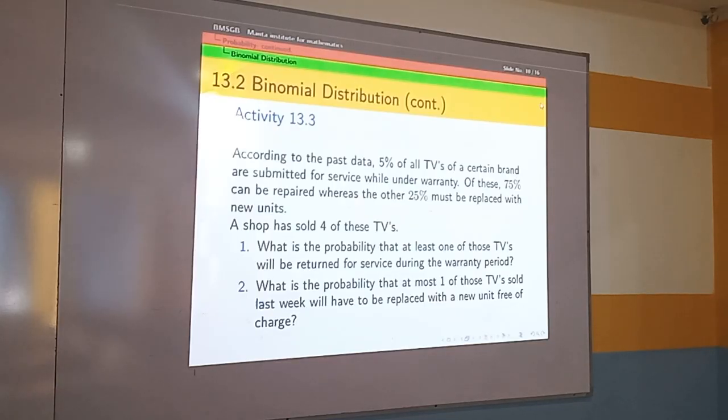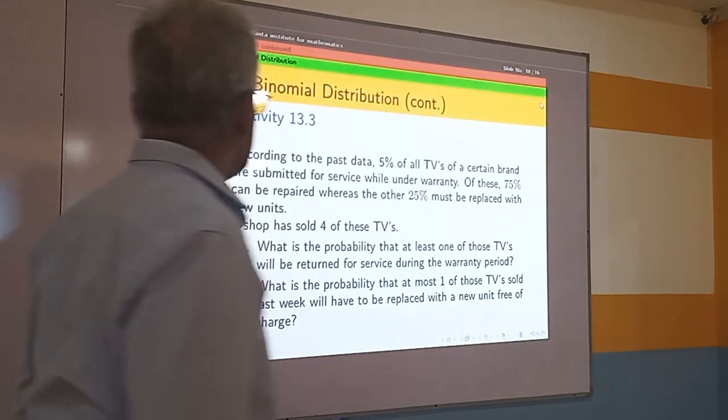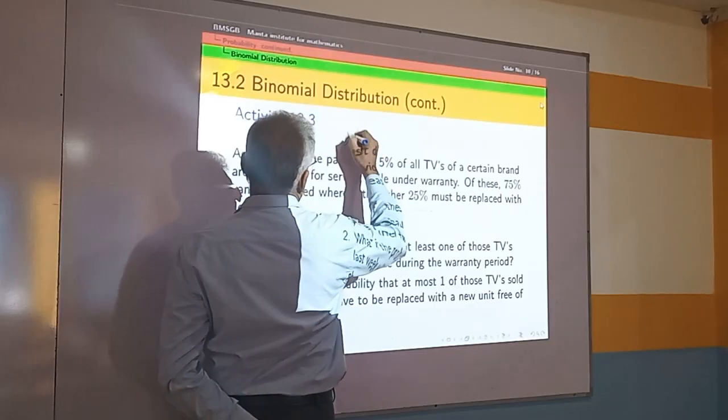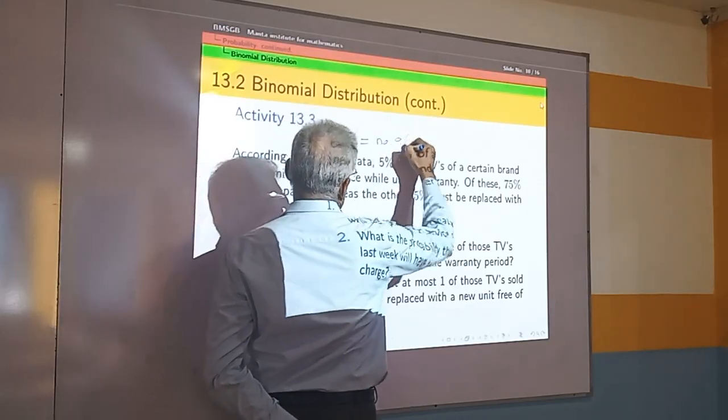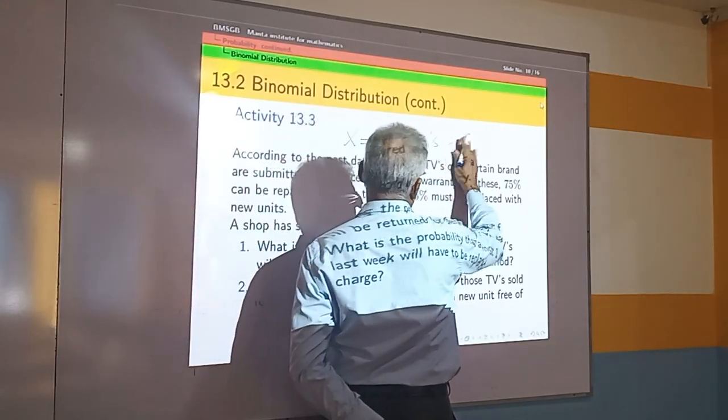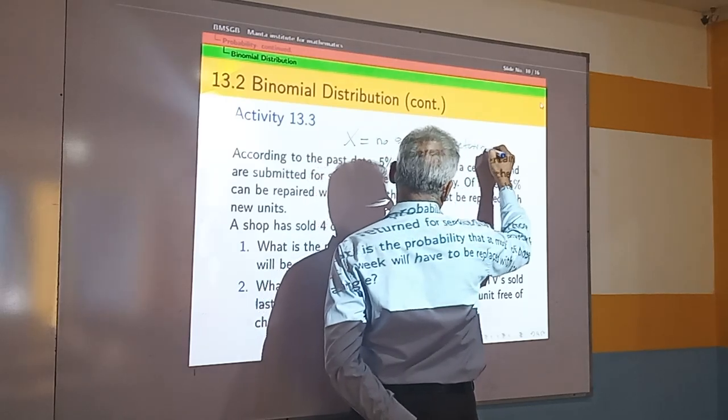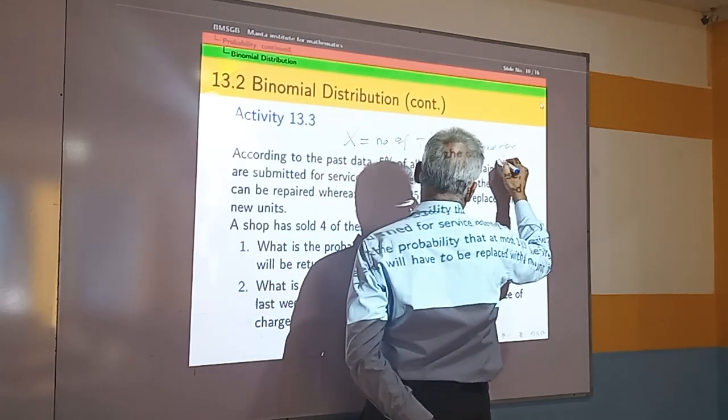So you are interested in the number of TVs that are returned out of 4. The sample size is 4. The probability that any item will be returned is 0.05, so in this case theta is equal to 0.05. Your question is, what is the probability that at least one of those TVs is returned? So let X be the number of TVs returned for service,